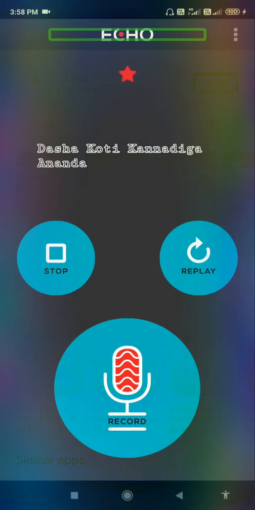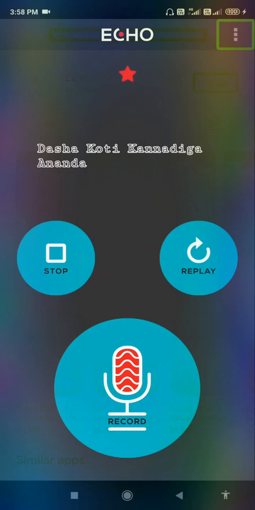Let me swipe from left to right and see what the different options are and what different things you can do. Are you curious? Yes, let us start this tutorial. More options button. Yes, first is more options, where you will be able to set the recording, tap to record or hold to record.